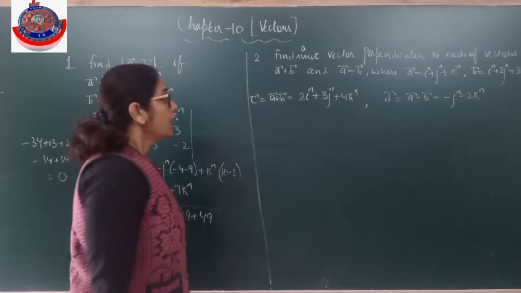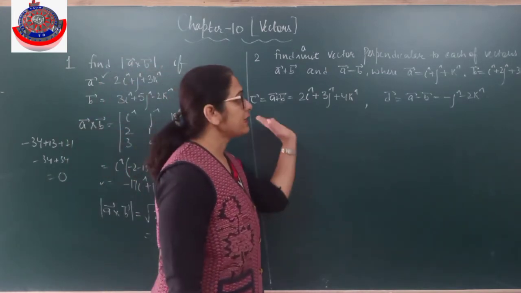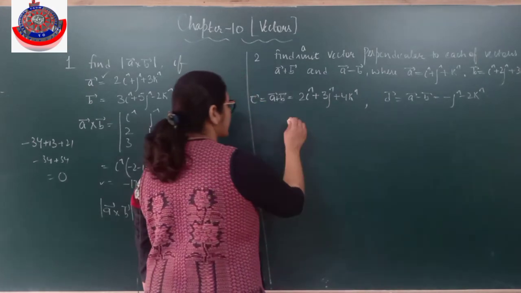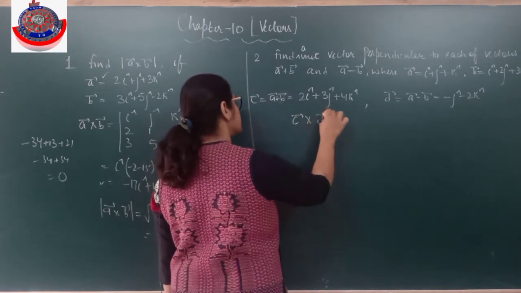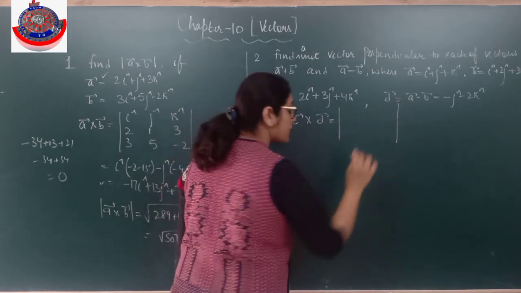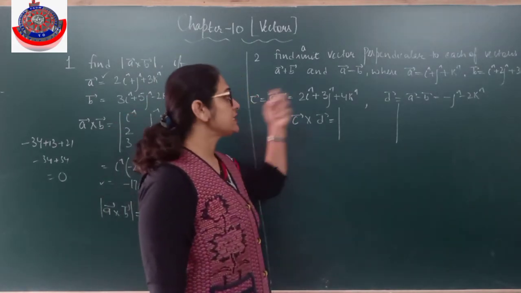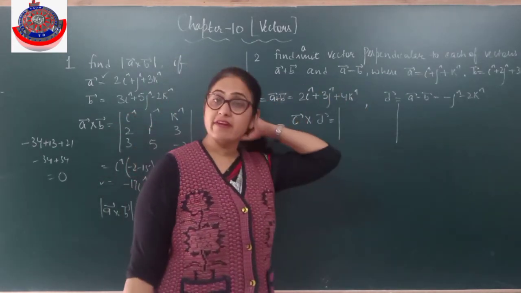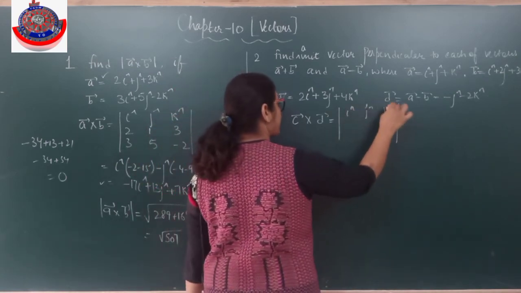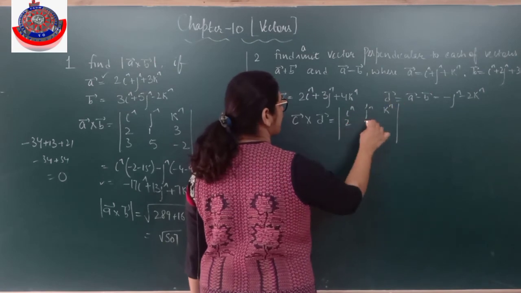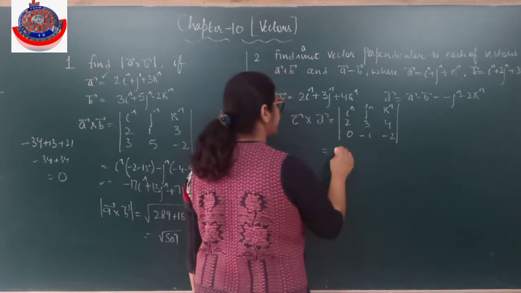Fine. Now I need to find out the unit vector perpendicular to each other. Unit vector बात की बात है, पहले एक वेक्टर इन दोनों के perpendicular निकालते हैं. If I need to find the vector perpendicular to C and D, so it will be C cross D. This you need to remember. Put a star, put a note on it. Clear? इसका नाम है C, इसका नाम है D. मैंने इन दोनों के mutually perpendicular vector निकालना है. That is a cross product. So the first row would be, find out.